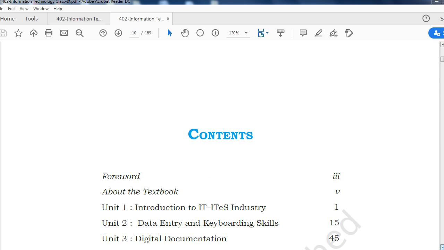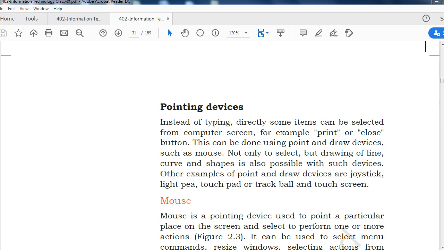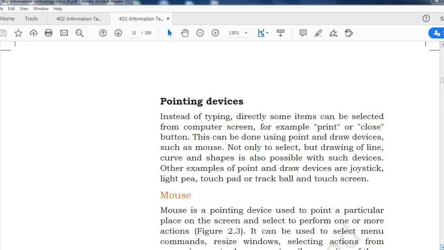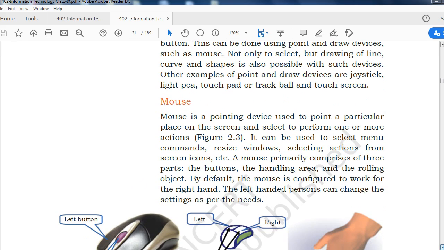Now, mouse. Mouse is a pointing device used to point to a particular place on the screen and select to perform one or more actions. It can be used to select menu commands, size windows, and select actions from the screen icons, etc. All these things we can do using the mouse, right?